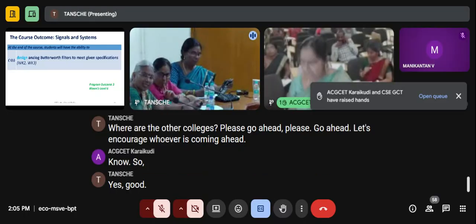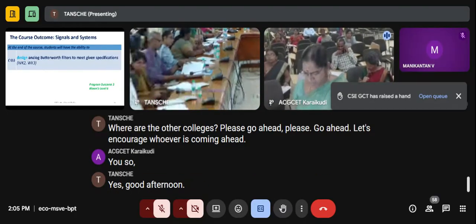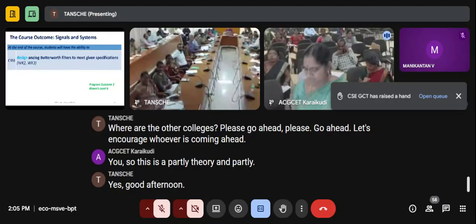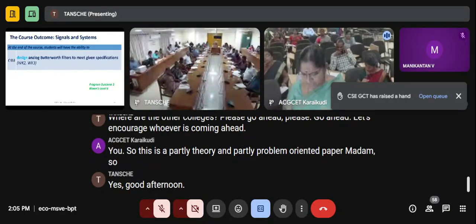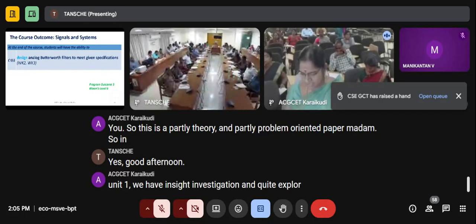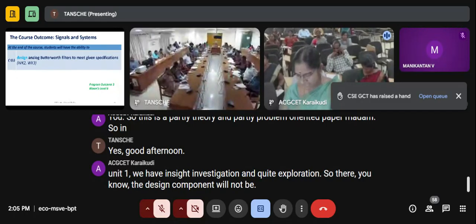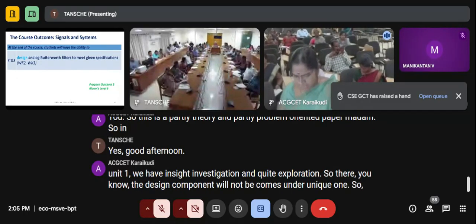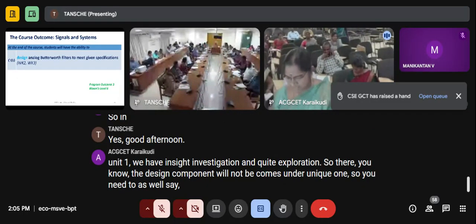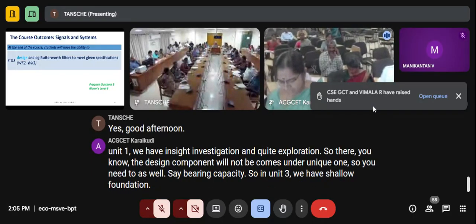Yes, good afternoon. I am taking this engineering subject. This is partly theory and partly problem-oriented paper, madam. In unit 1, we have site investigation and site exploration, so the design component does not come under unit 1. In unit 2 as well, safe bearing capacity. In unit 3, we have shallow foundation. So in this unit,